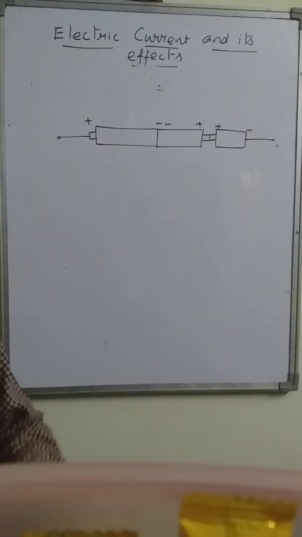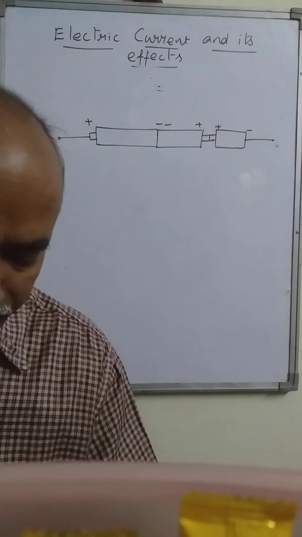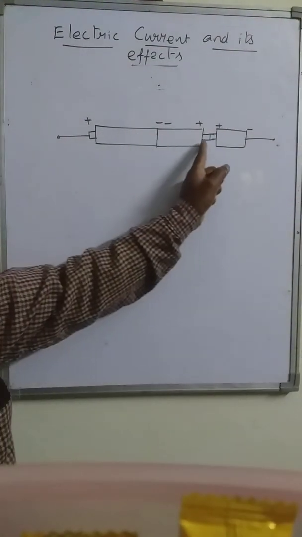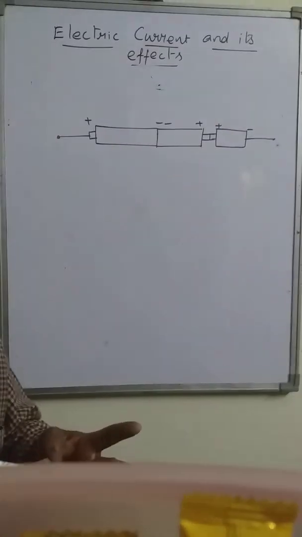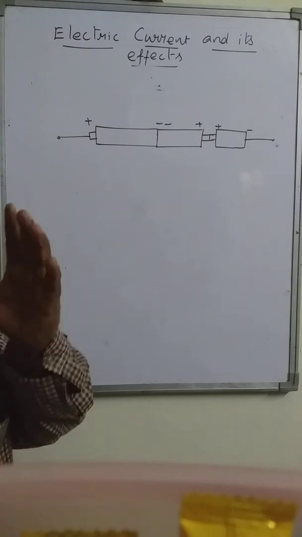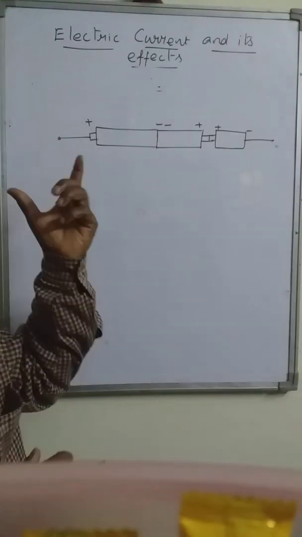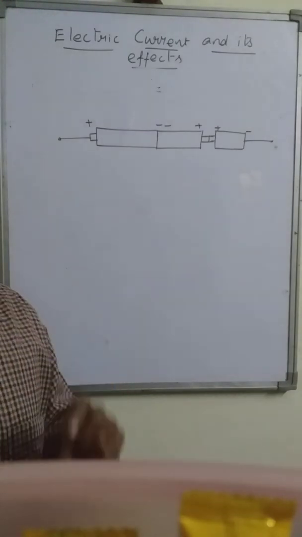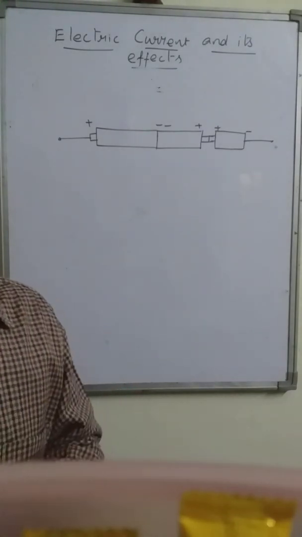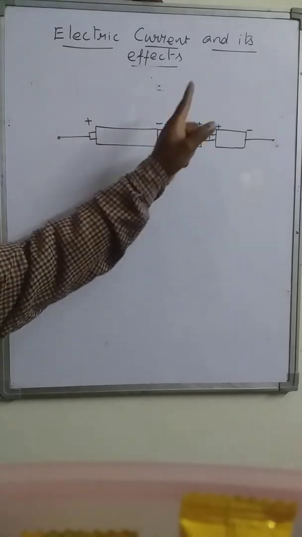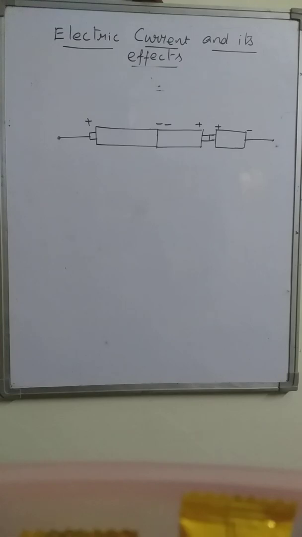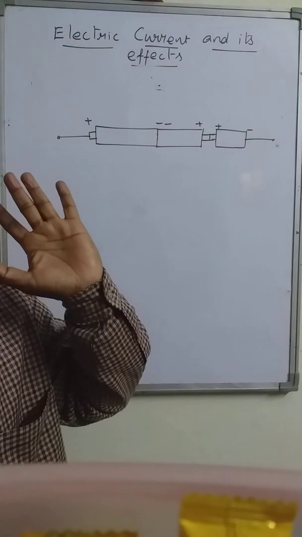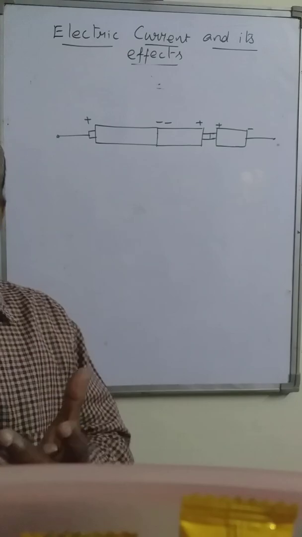In this case, we will not get the flow of current, because the reversing of the terminal causes the current flow to stop. So for the proper flow of current from this combination, all the cells are to be connected properly. That is positive, negative, positive, negative, positive, negative. In this way, all the cells are to be arranged. Then only the electric current flows through the circuit. Right? This is the basic concept.